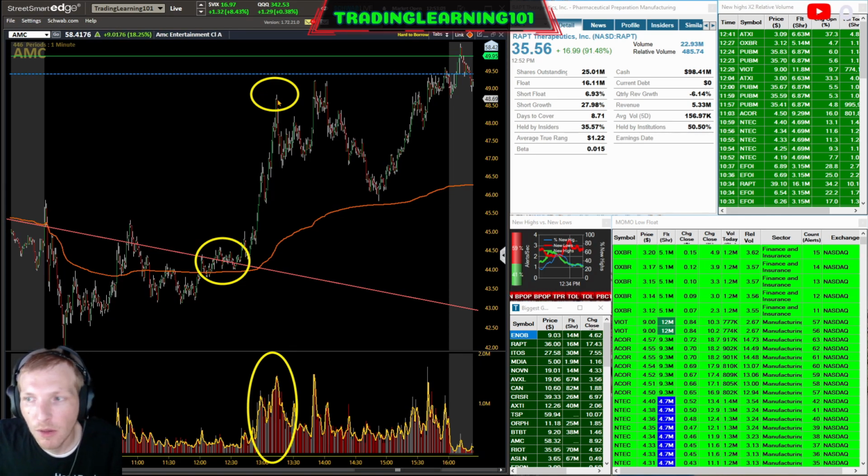Very simple. Pay attention. I preach to you guys all the time. Pay attention to volume, price action, psychological price levels. Now you can throw in VWAP for an example. Pay attention to that. See how the stock likes to move through all of this and put it together to where it makes sense to you. That's the big picture goal here.